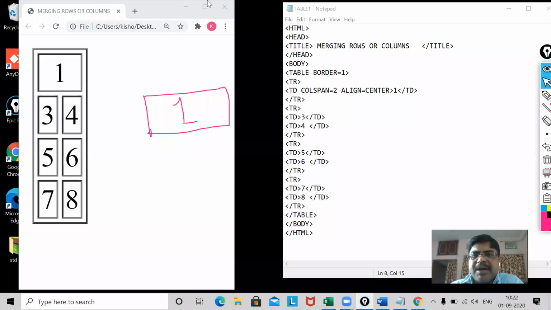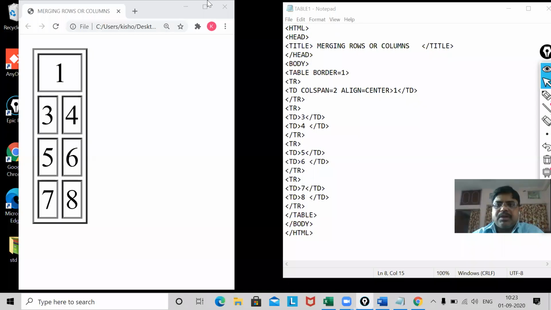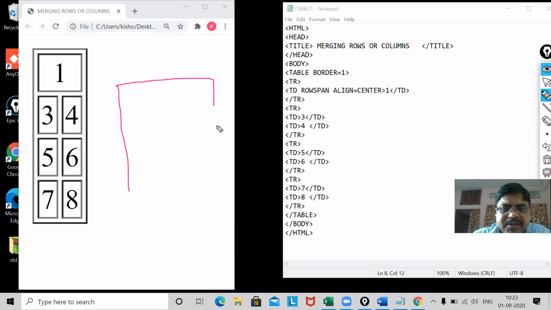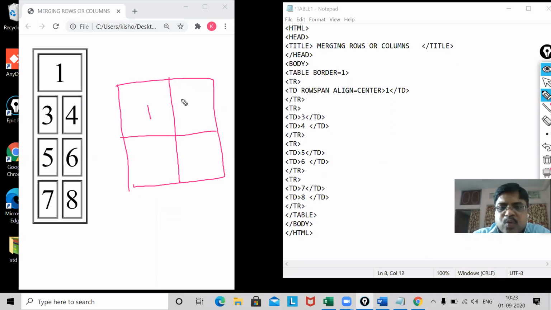Now, wait, my dear. Now, the next part, that is rowspan. I'm going to use rowspan. But before that, you have to understand what is the rowspan. You see, this is my table, which is showing 1, 2, 3, and 4.